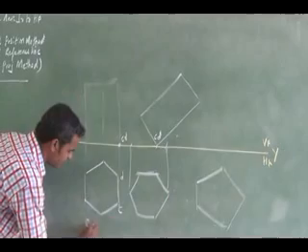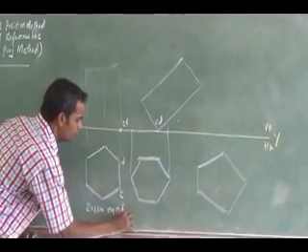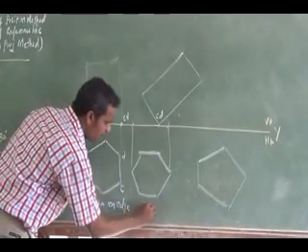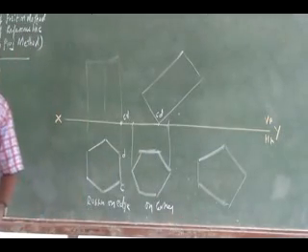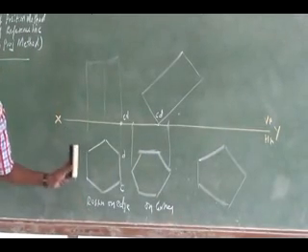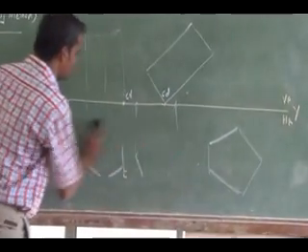If it is resting on an edge, I have to draw it like this. If it is resting on a corner, I have to draw it like this. Clear? You should not make a mistake in this. Now this problem is resting with an edge, so I have to draw it like this. So you draw the